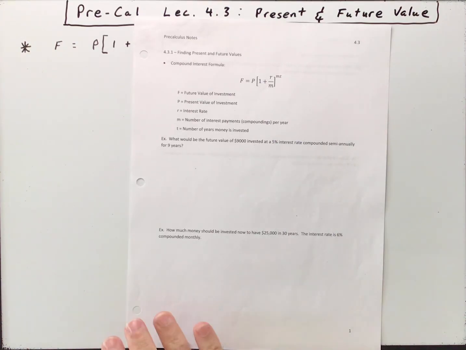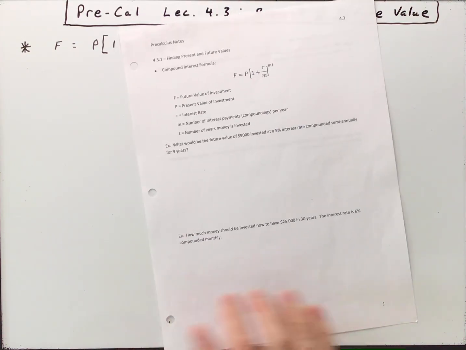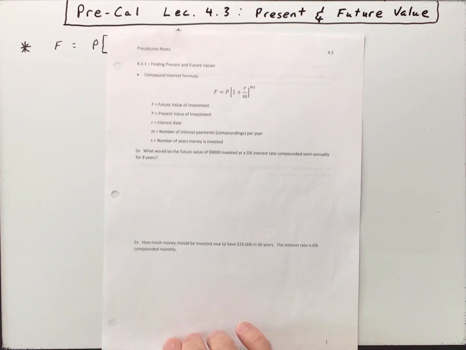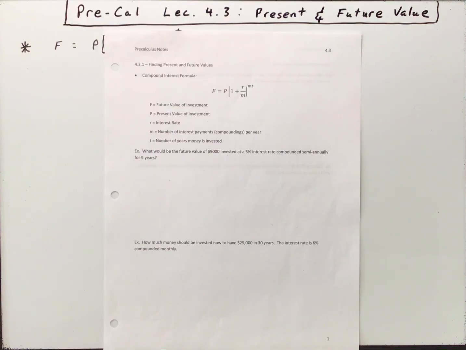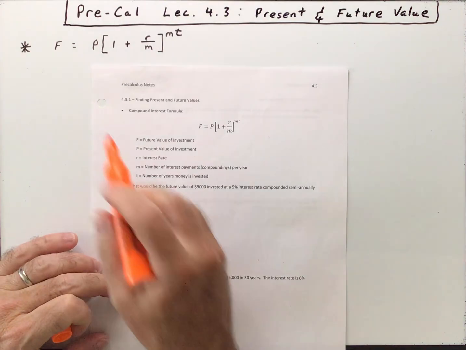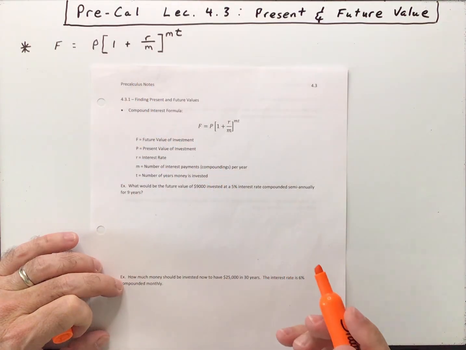Hello there, welcome to Pre-Cal Lecture 4.3, where we're going to be talking about the present and future value of money. We've got pre-printed notes for this lecture, and on the board here I put the compound interest formula, and